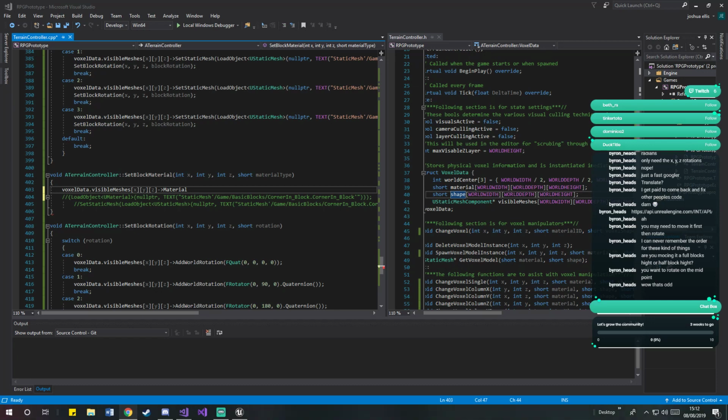So if I search up UE4, I don't know, change material at runtime. Another issue that you get with trying to find things for Unreal specifically is that a lot of stuff is done in blueprints, which isn't ideal obviously when trying to program. So